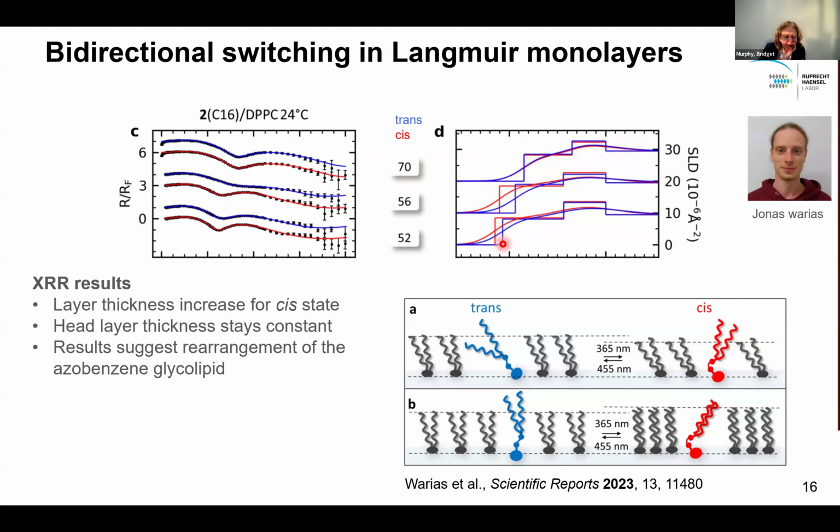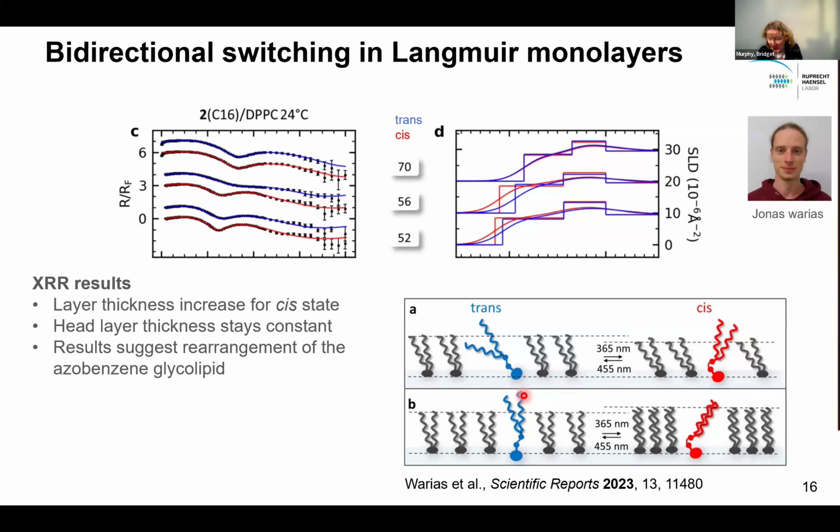But as we go down, we see that the length of the molecules is actually increasing when we change from trans to cis. So we're trying to understand what the process is,